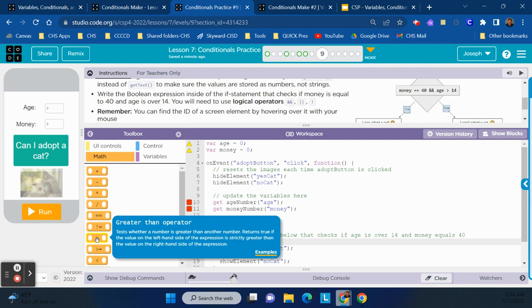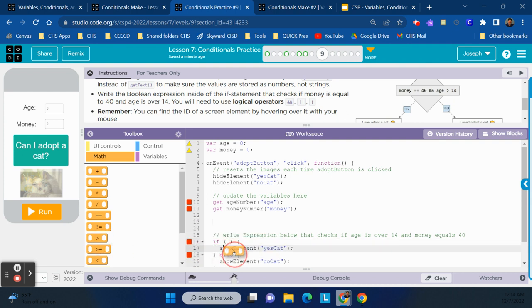So I put this, I said if age is greater than 14, because that's what we're working with, is 14. So there, see, one of them disappeared. If age is 14,